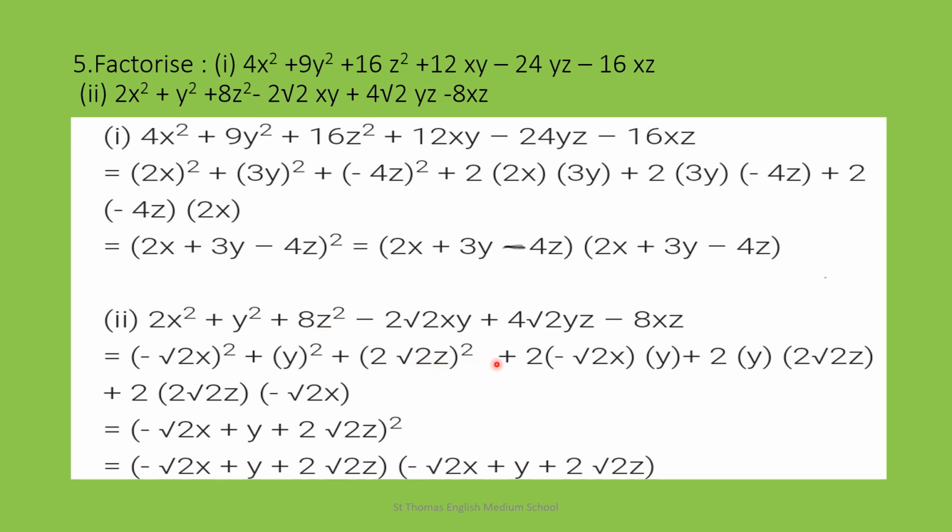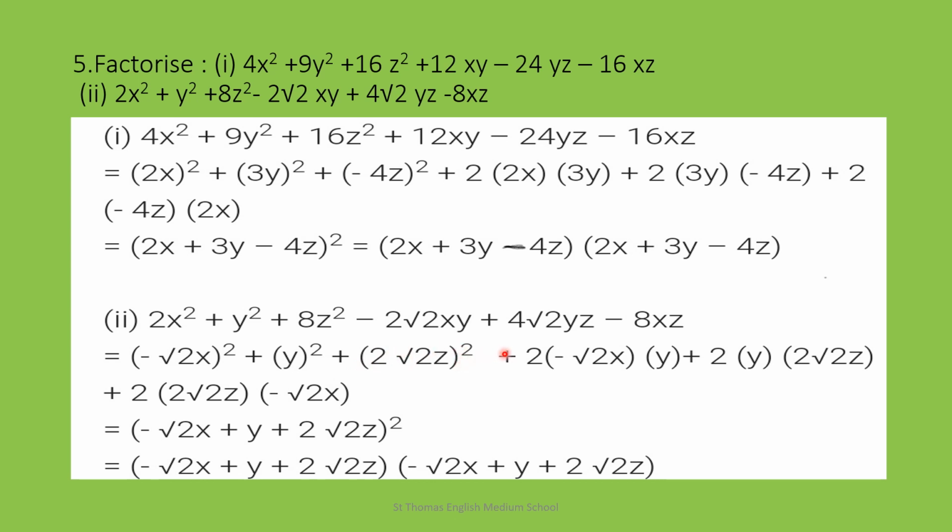Plus now you have to look into the negative terms, that is minus 2 root 2 xy and minus 8xz. That means here the variable coming in common is x. So the term having the variable x must be negative. So you rewrite the given polynomial as (-root 2 x) whole square + y square +